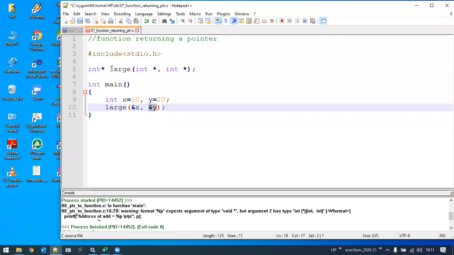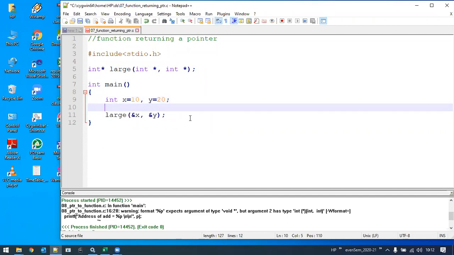Now come back to the return type here. What is the return type of this particular function? It is returning what? Pointer. It is returning some memory location. Since it is returning some memory location, I require a placeholder to store it.